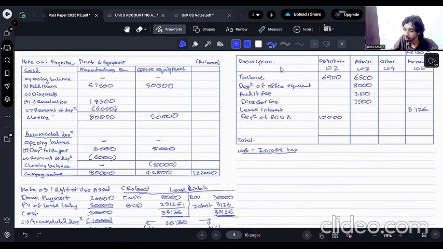Then estimated income tax. You have to record first the estimated income tax for the year. For that, you have to plus or minus the under or over provision of income tax. Then only finally you will get the income tax expense